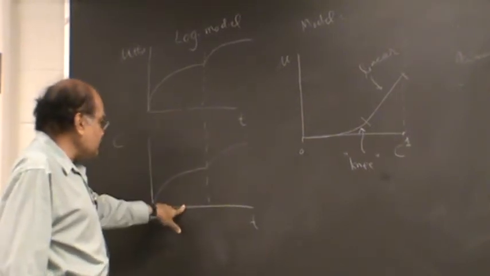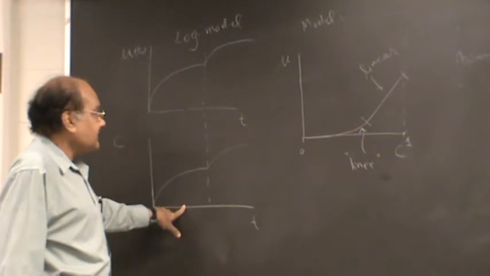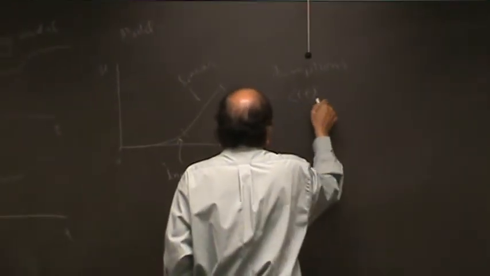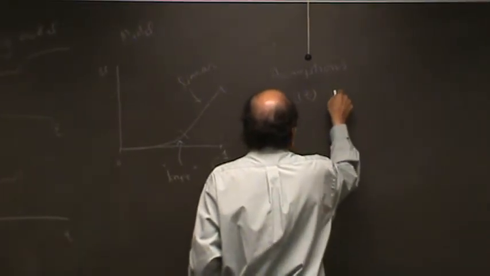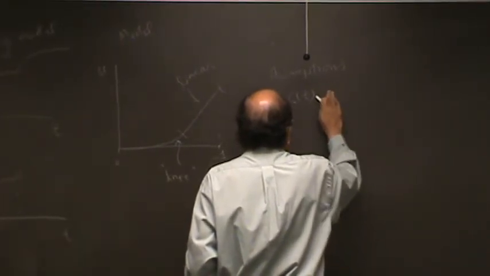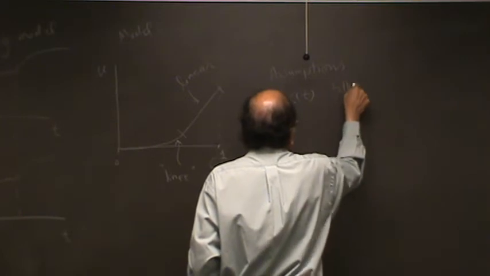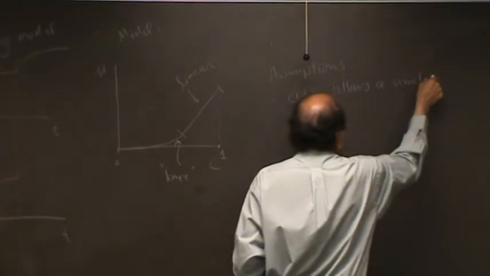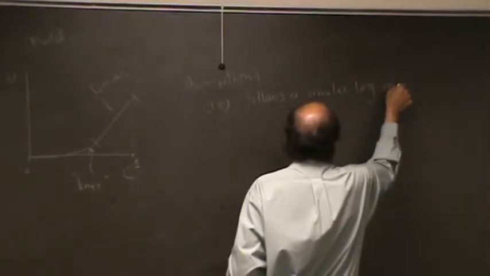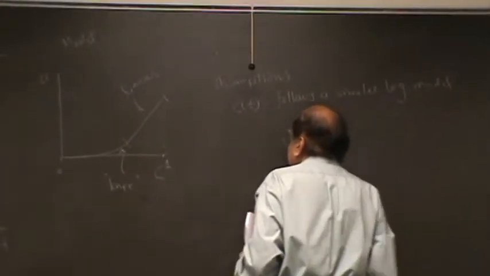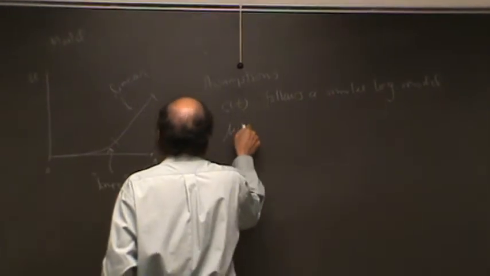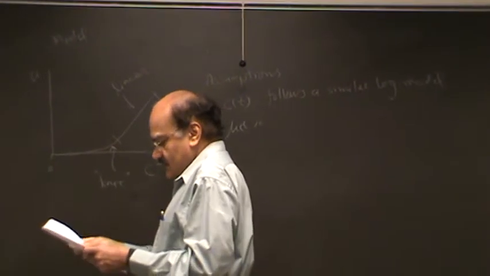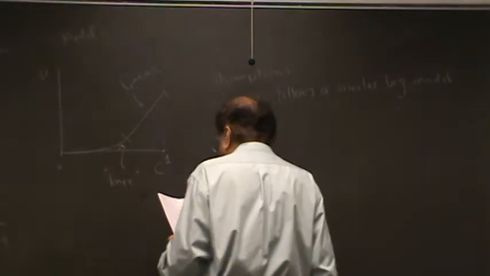And here we assumed that coverage in terms of time follows a logarithmic model. And of course, we assume that mu t is given by the logarithmic model, which happens to be